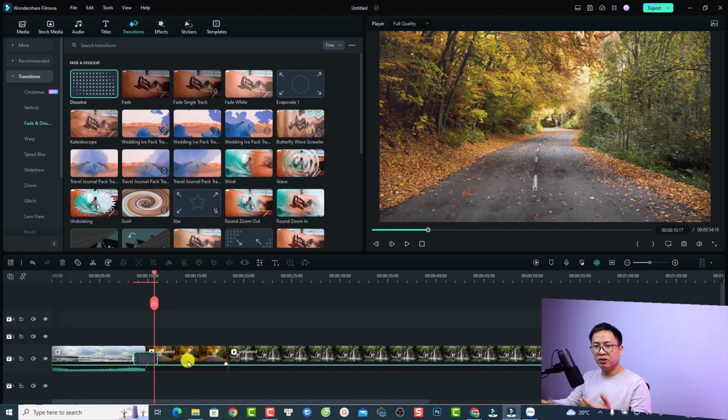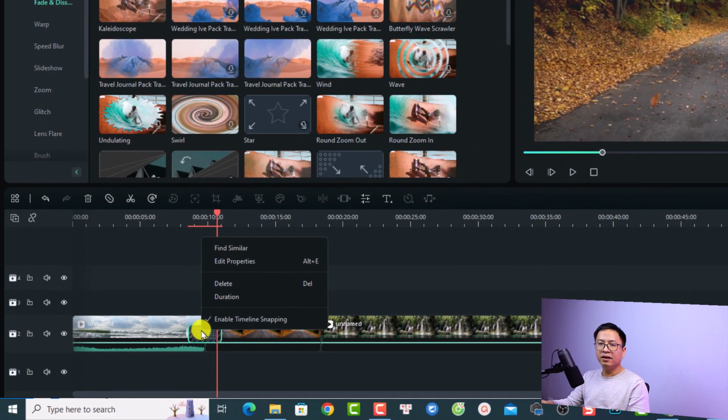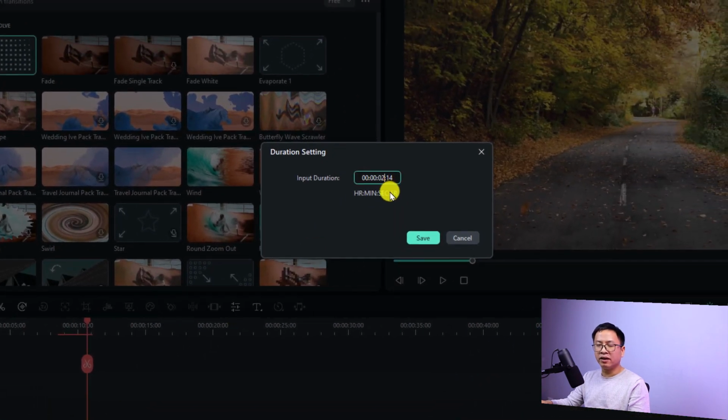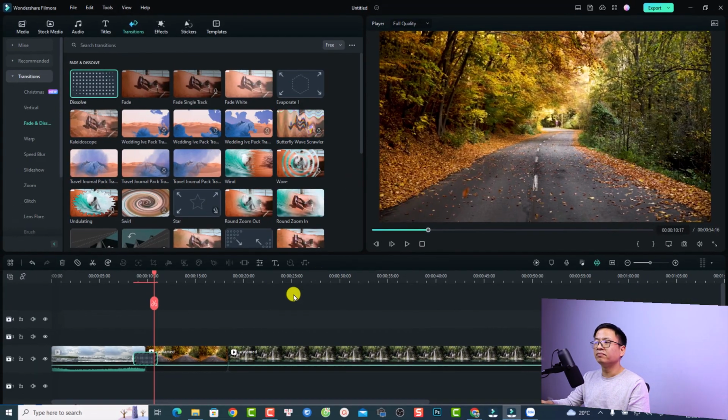Okay, added to that, you can also right click at the transition on the timeline. Okay, you can right click and select duration to adjust the duration. For example, here it is 2 seconds and 14 frames, and now we can make it 1 second. Okay, and for the frames, we can type 0 0 here, and then we can click save. Now the transition effect is 1 second. Okay,